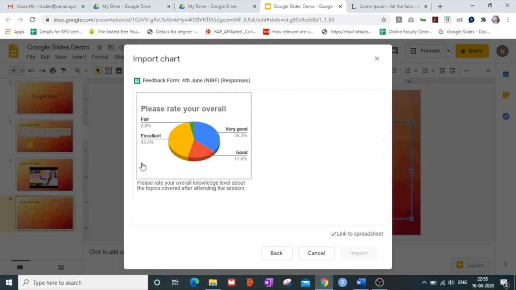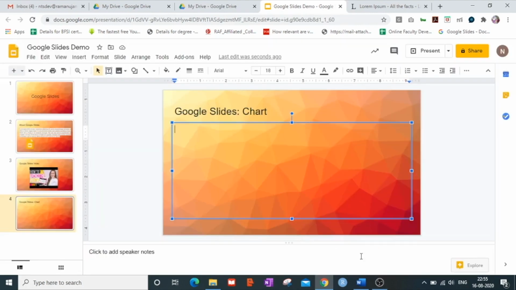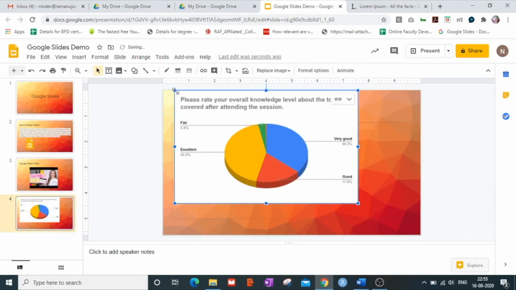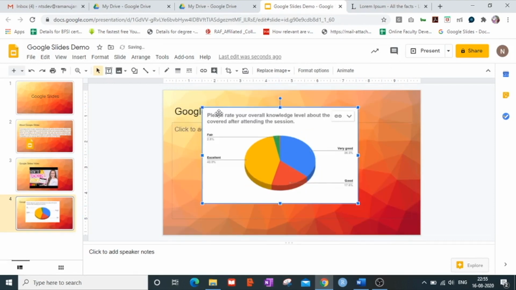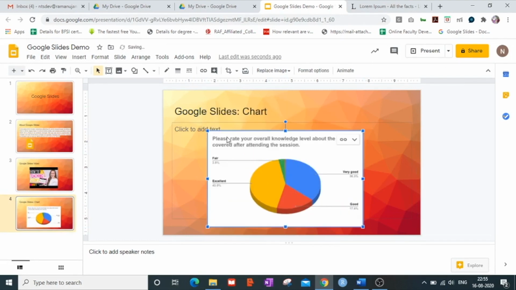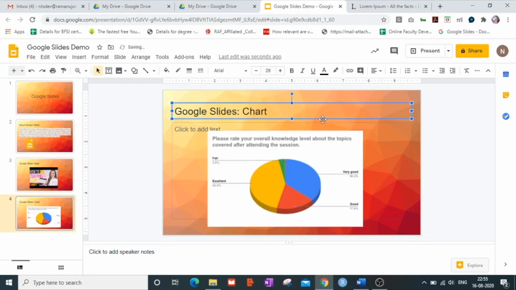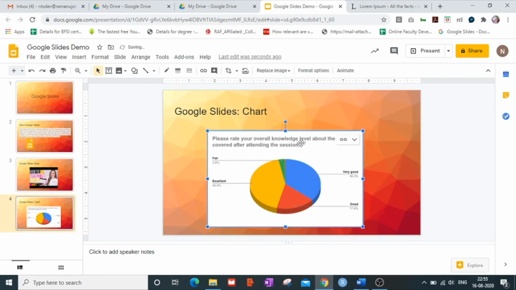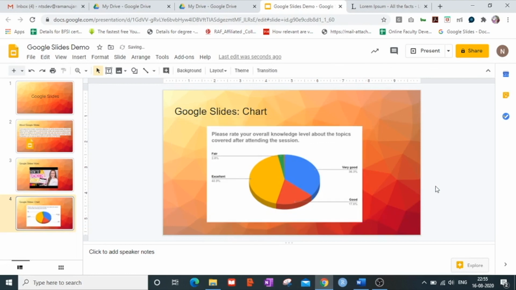So in that spreadsheet of mine that I had created previously, this was the pie chart that I wish to insert in this particular slide of mine. I select this pie chart and import this directly in the slide of mine. I resize it as per the dimensions of my particular slide and see how well it has fitted in the dimensions of the presentation.